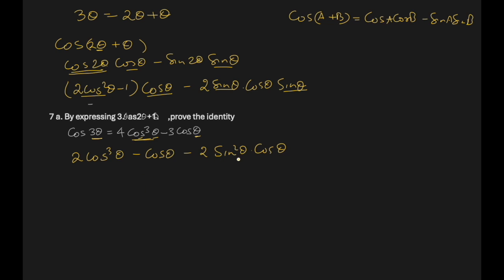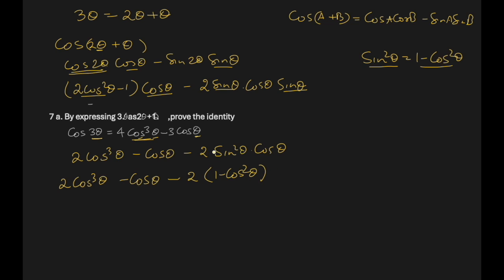So because I don't want any sine, sine square theta can be written as 1 minus cos square theta. So it is 2 cos cube theta remains, because we want a cube already, minus cos theta minus 2 in place of sine square theta, I will write 1 minus cos square theta. So every sine theta is gone. Okay, so 2 cos cube theta